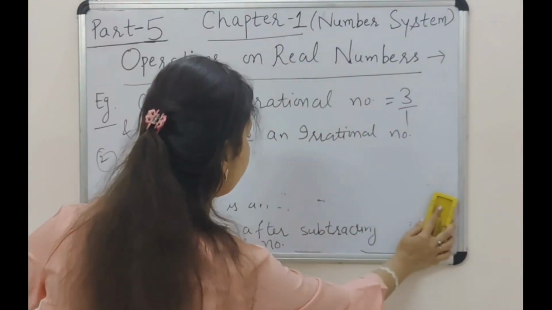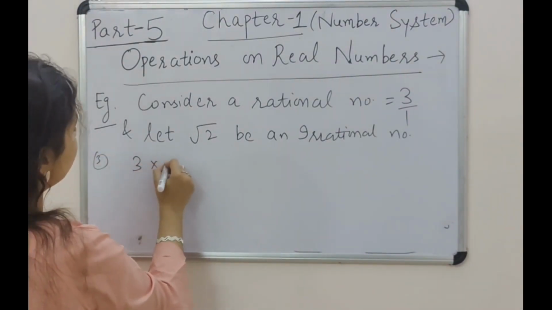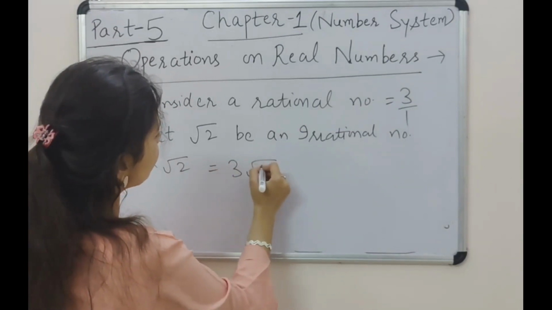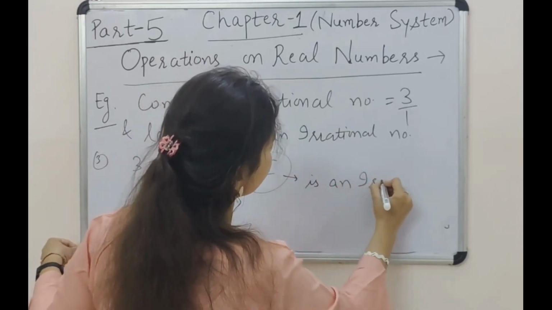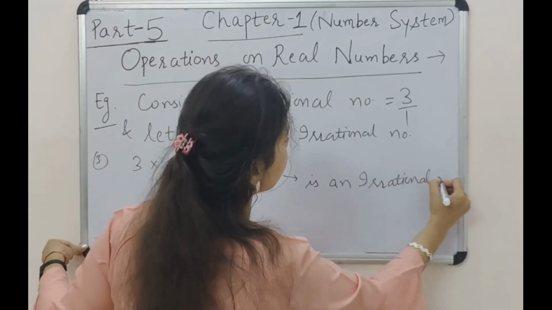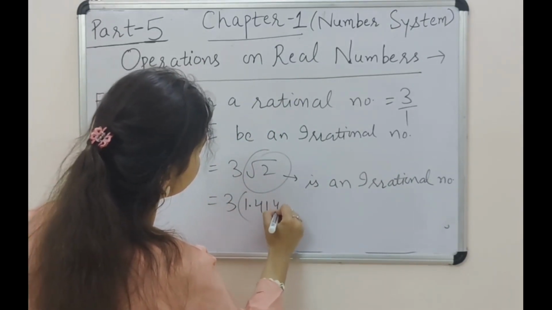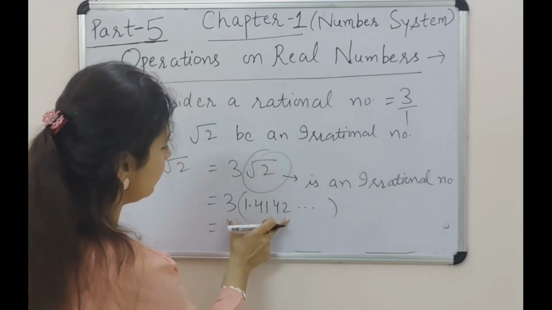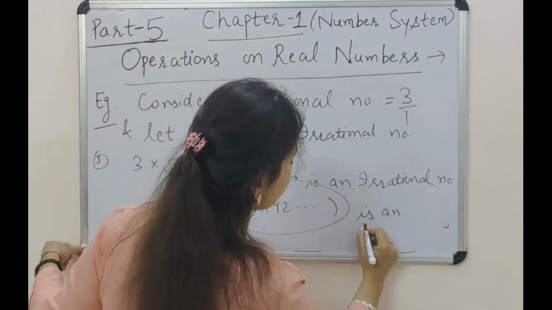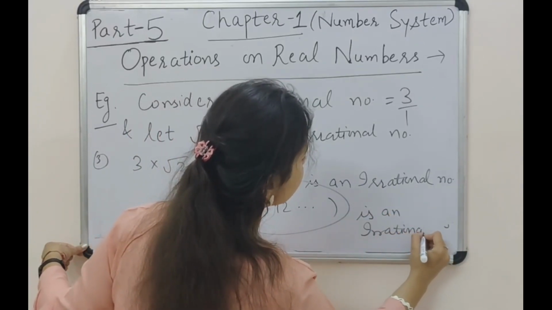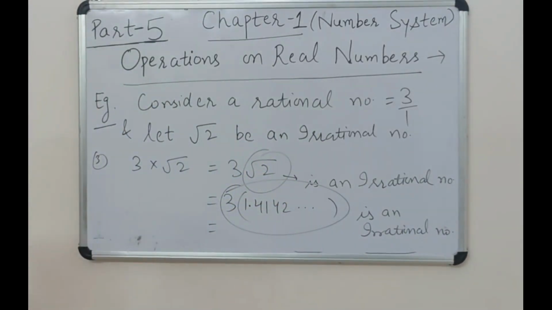Likewise, when we are checking another operation, suppose I have to multiply them together. You have to multiply 3 and root 2. It becomes 3 into root 2. Since root 2 is an irrational number, we know that very well, if you are multiplying this value by 3, just think about it, ultimately your output will also be an irrational number. Hence proved that result, that note which I gave you at the beginning of this lecture.